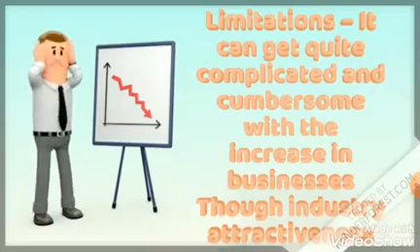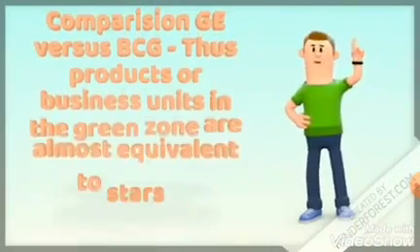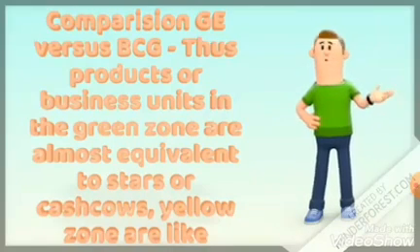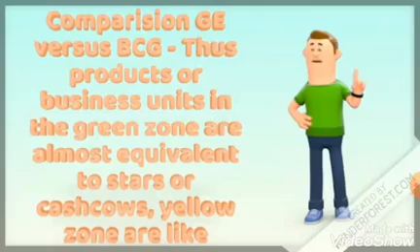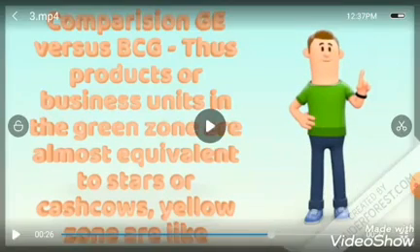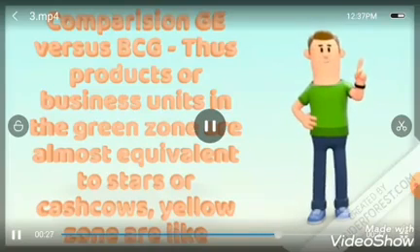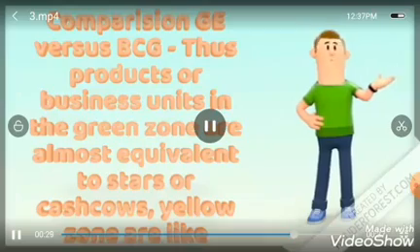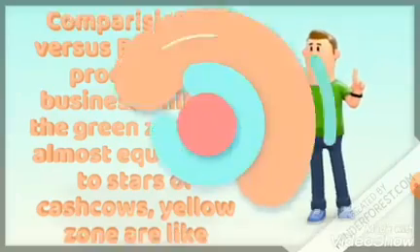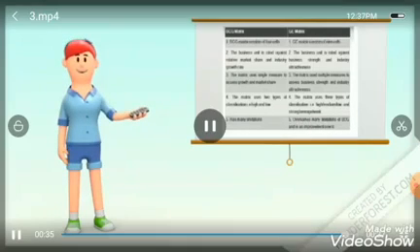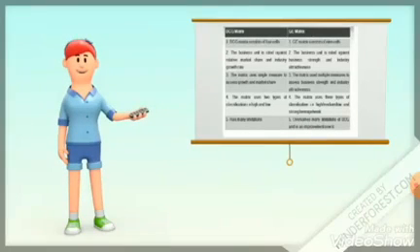All right, we have the difference between the BCG matrix and the G matrix, so a comparison between the two. As we know, BCG uses 4 zones, while the G matrix uses 9 cells. Let us see how comparisons are made between the BCG and G matrix. This is a 5-mark compulsory question, so it will be coming in the examination. We have to be very careful, as it's an important question.